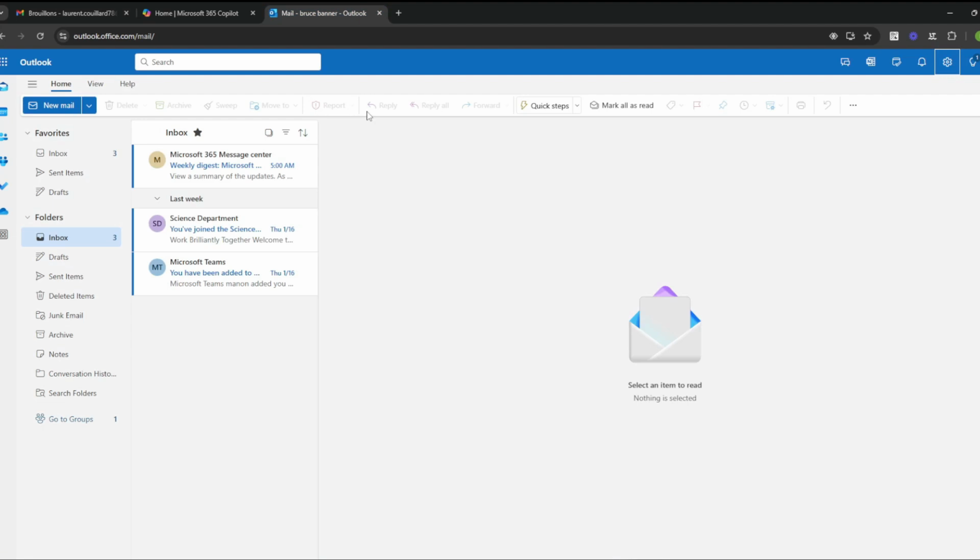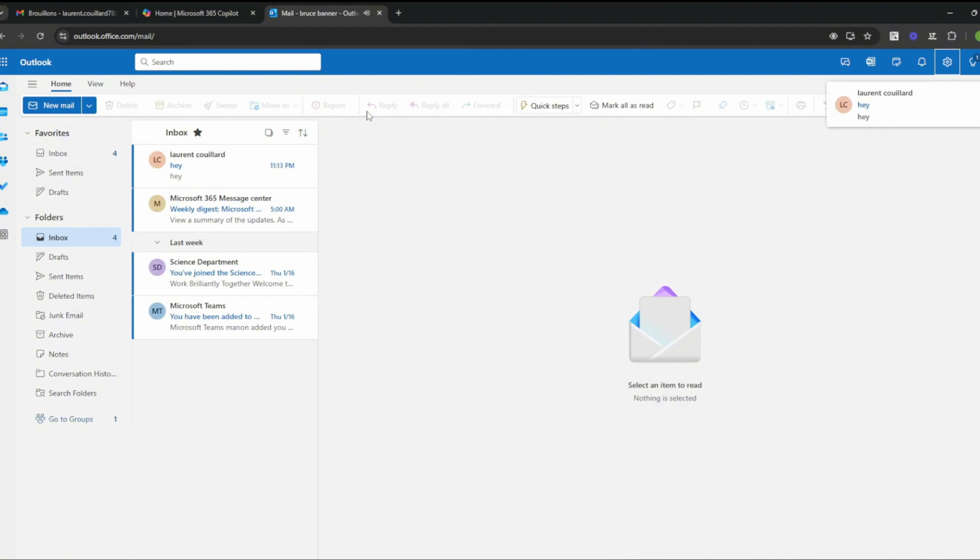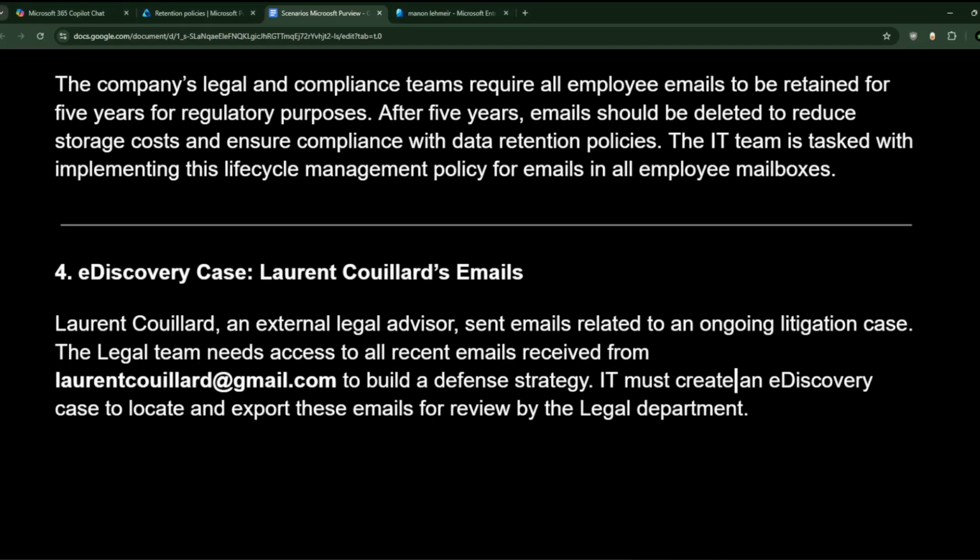eDiscovery is, guys. eDiscovery stands for electronic discovery and is a tool in Microsoft Purview that helps companies find and collect electronic information. So good, we received the email. And what is this electronic information? It could be emails, documents, or messages when they need it for legal reasons or investigations. So let's say that Laurent Couillard has sent so many emails and we have a legal case going on with him and we need to retrieve every email that is linked to Laurent, okay? So we will go therefore to